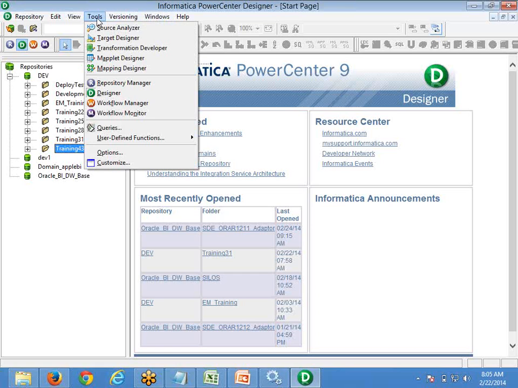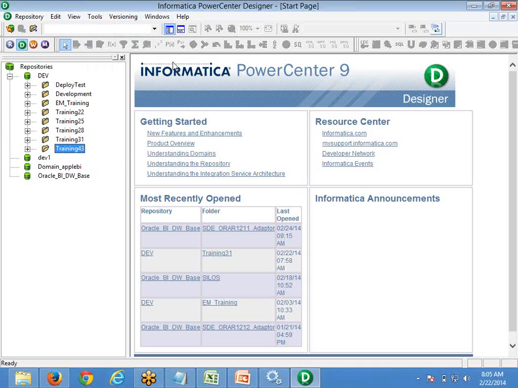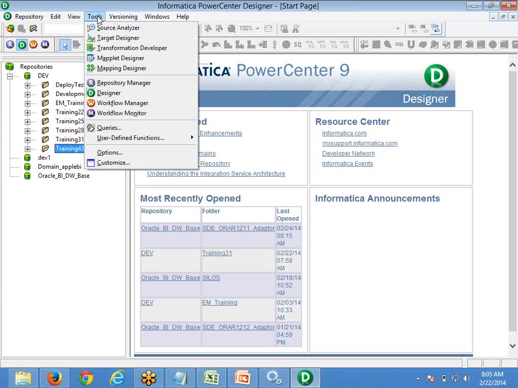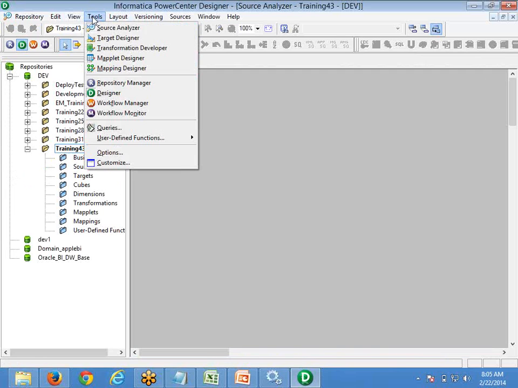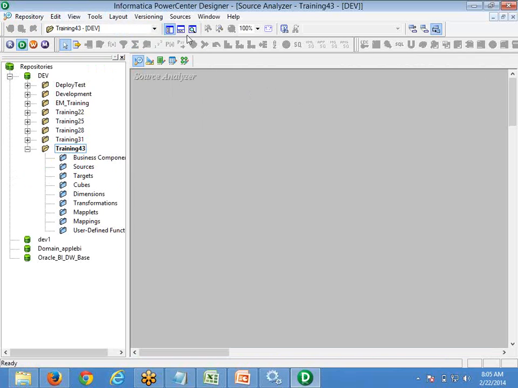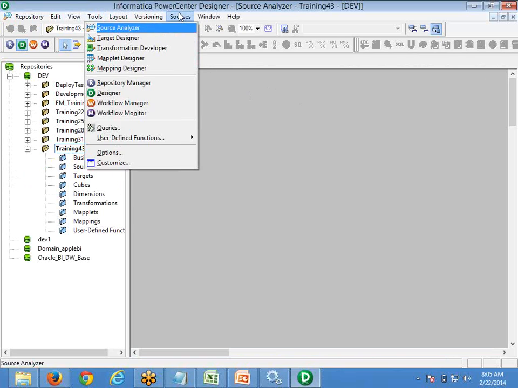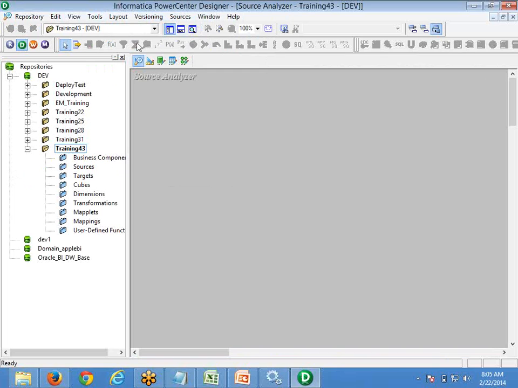So what are we going to do in each and every component? Say for example, I am choosing the option called Source Analyzer. Right now you can notice that it is completely blank. We don't have anything. When I go to Tools and select Source Analyzer, immediately you can see that a navigator opened here, which is called Source Analyzer. Also notice that as soon as you select this, the menu list has increased here. Previously it was not there. Immediately you can see all these icons.